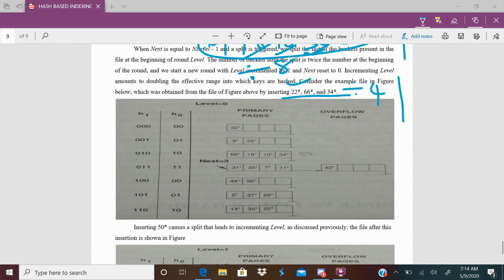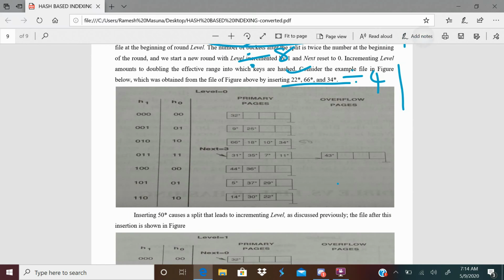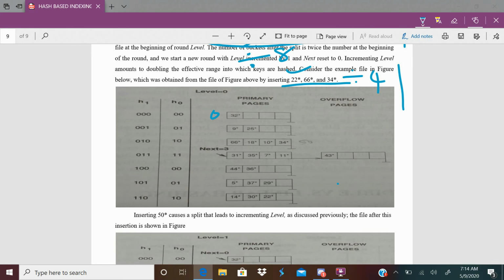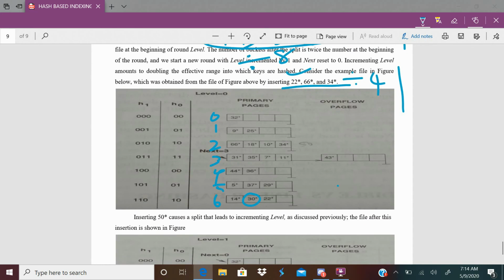Here you can see 30 is in the 6th bucket. 0, 1, 2, 3, 4, 5, 6th bucket. In the 6th bucket you can see 30. Similarly 26 modulus 8, 8 3s are 24, 2.